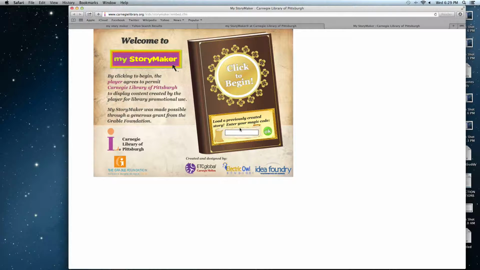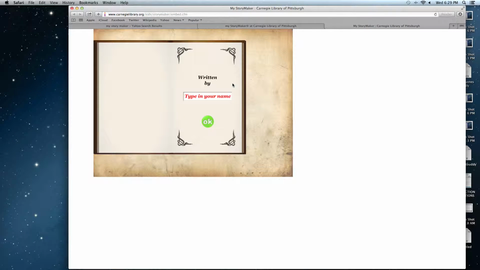At the end of each book that they create, they'll be given a magic code, and then they can type it in at the bottom, and it will go directly to that book or that story. So we're going to go ahead and begin by creating a brand new story. And because I do want to be listed as the author of my book, I'm going to put in my name